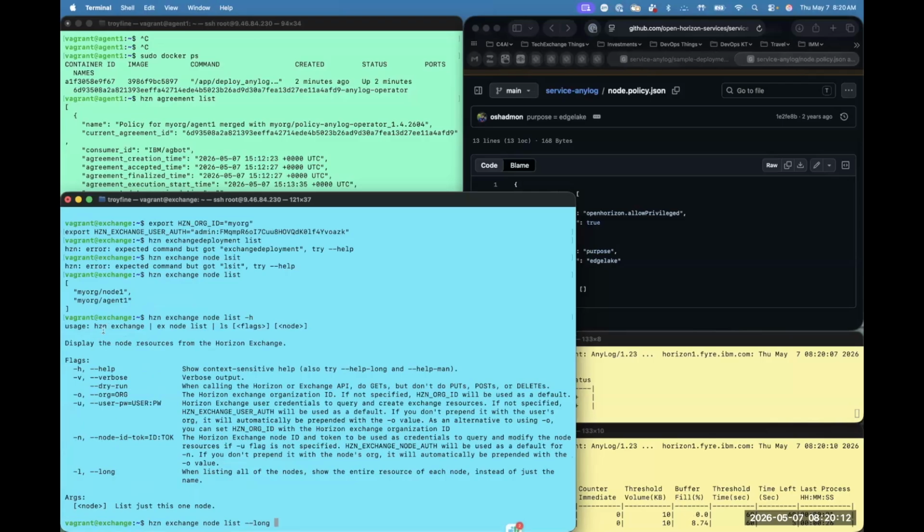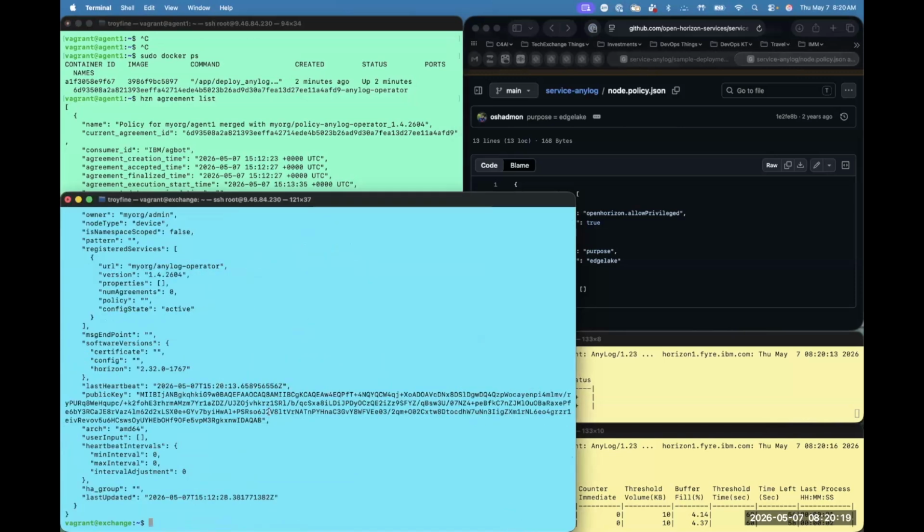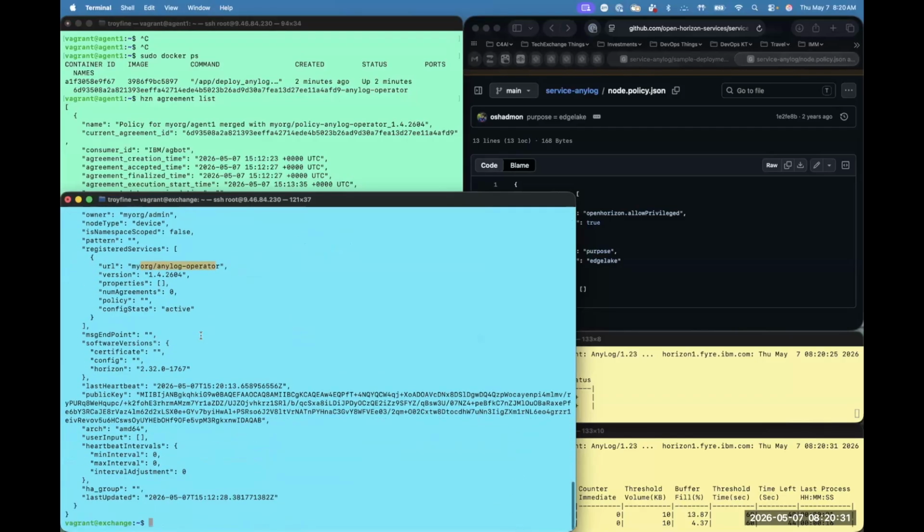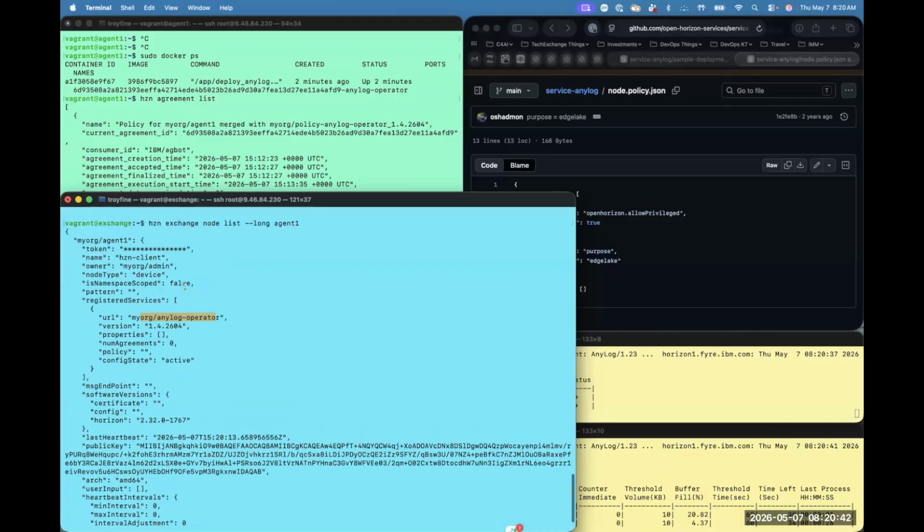So agent one, which is the one we just brought up here. So you can see the registered services. Yes, its config state is active. It is running this service, and this is probably the extent of the data or the insight that we can get with our